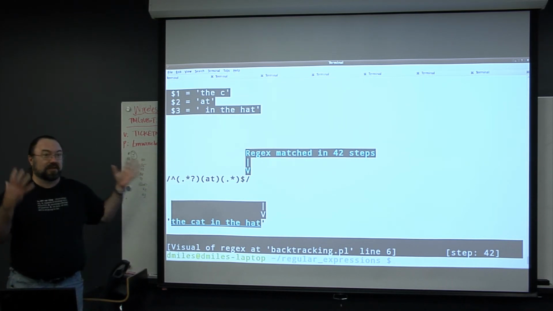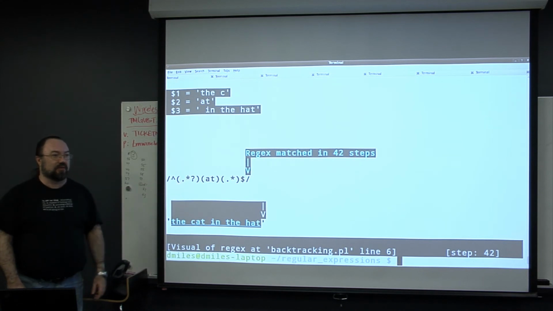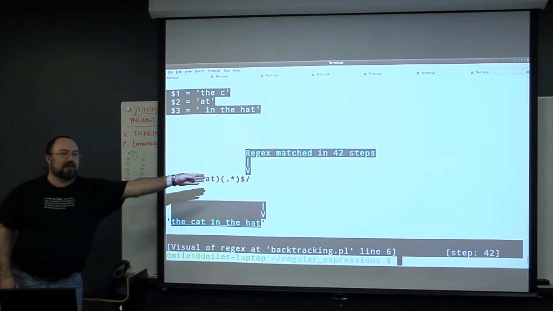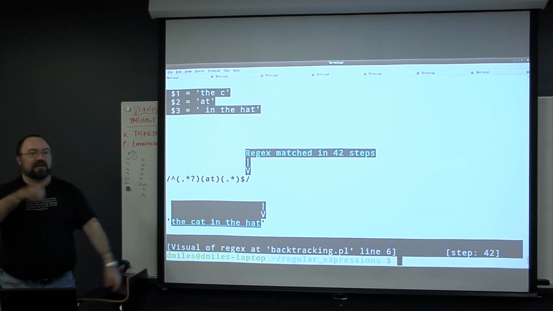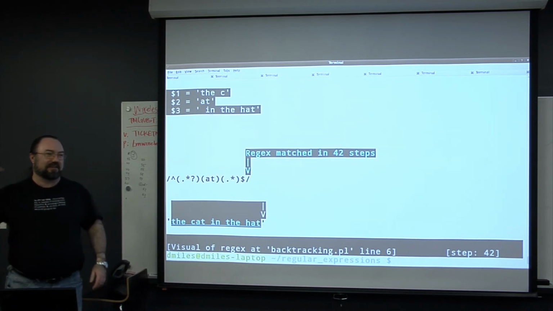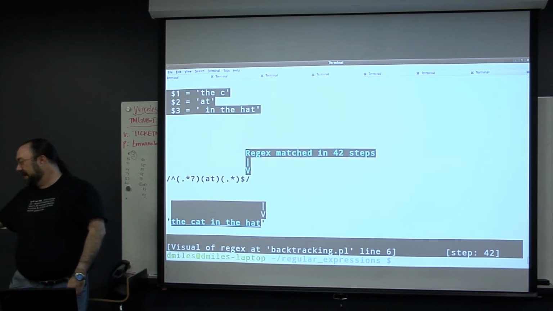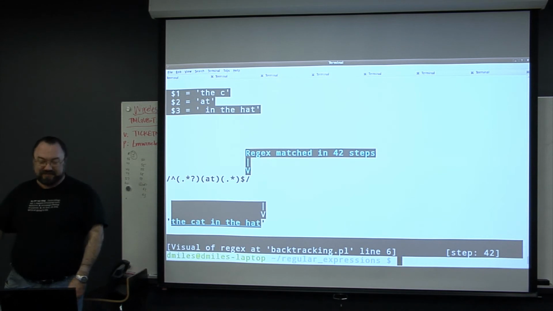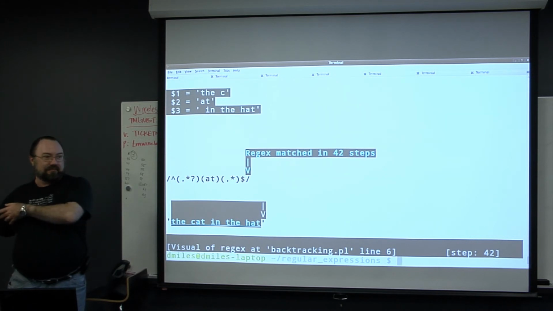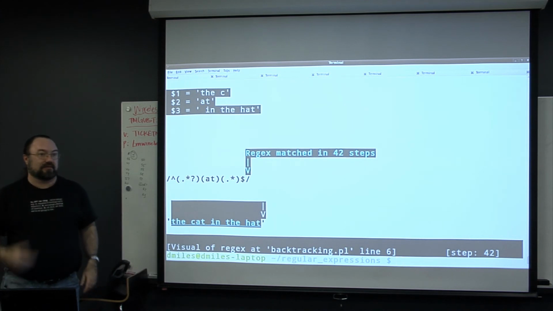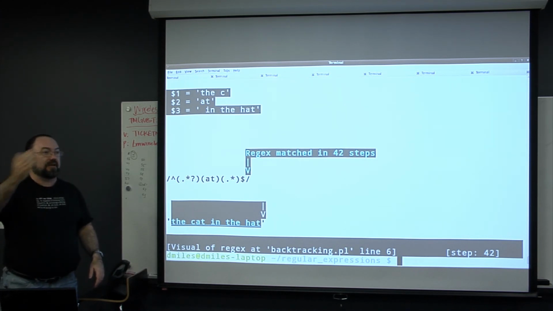But now you can literally see what that question mark does for you. It stops this from being greedy and lets this other stuff have a turn, rather than being the kid that grabs all the candy and doesn't let any of the other kids that are coming after it grab any. It just grabs one piece of candy and then says, hey, you guys match any of this candy? You like any of this stuff? Lets them have their chance. And if they can, then great. If they can't, then it grabs another piece and then lets them try again. So that's what the backtracking is all about. It just keeps going back, keeps trying and trying and trying.